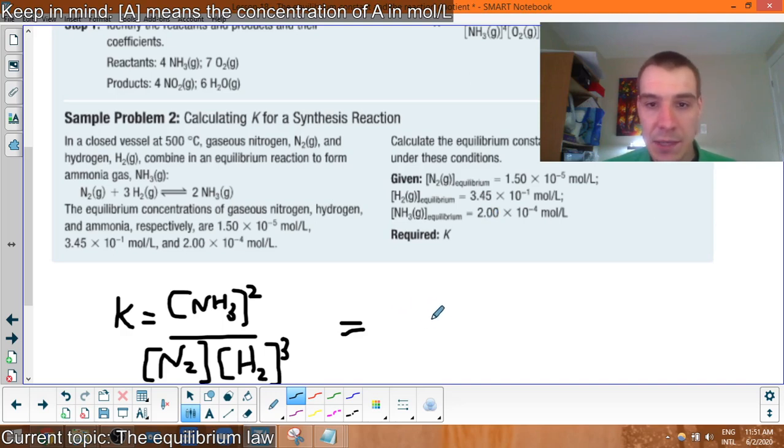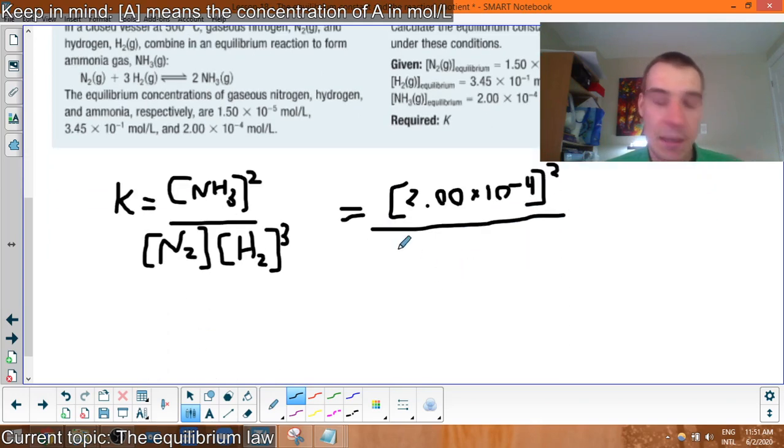It is going to be 2.00 times 10 to the minus 4, squared, over, and remember to open brackets at that point because you're dividing by two things, over the nitrogen, 1.5 times 10 to the minus 5 times 10 to the minus 5,